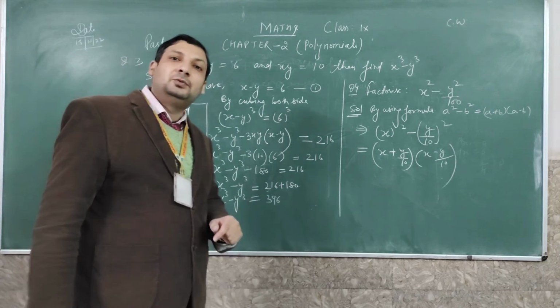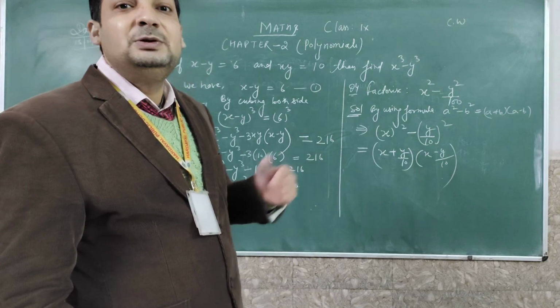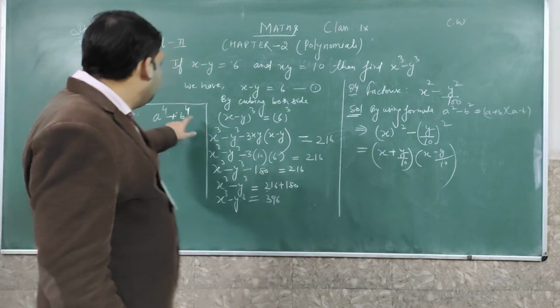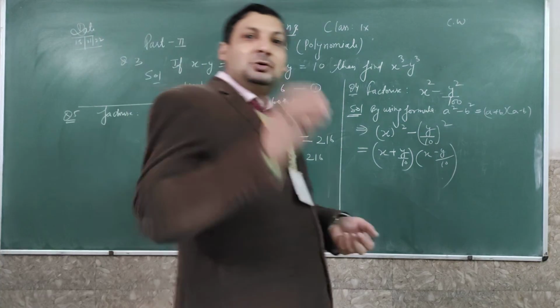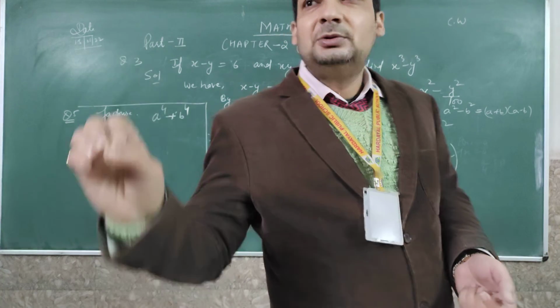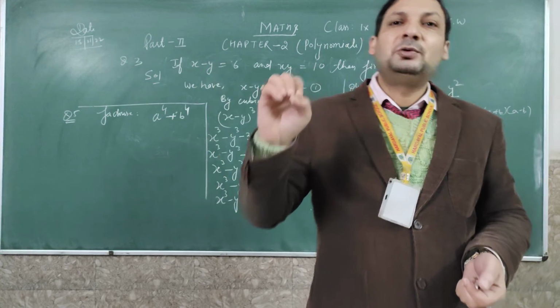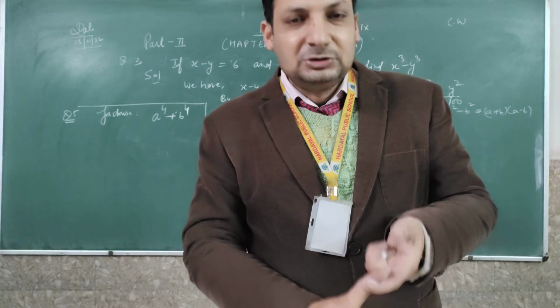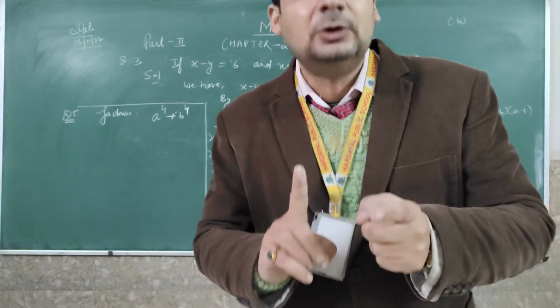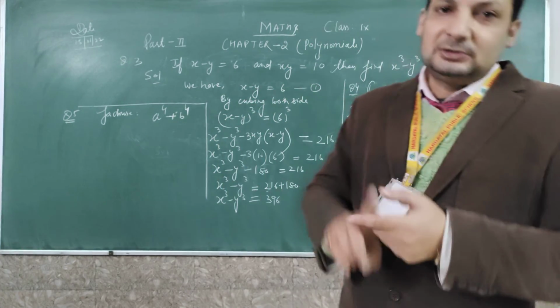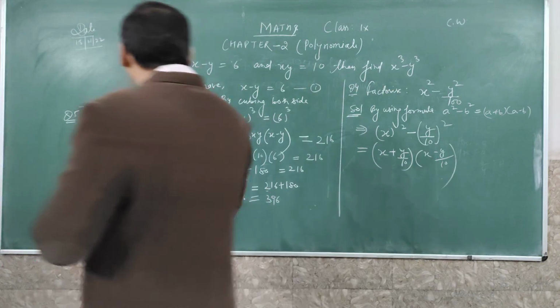So here we can use the formula a square plus b square plus 2ab. But when you see here, there is no 2ab, it means we have to make it. Some questions are those which students cannot solve, but students have to learn to make the formula. We can add, we can subtract equal things, or we can multiply and divide also. So see how I will make the solution.